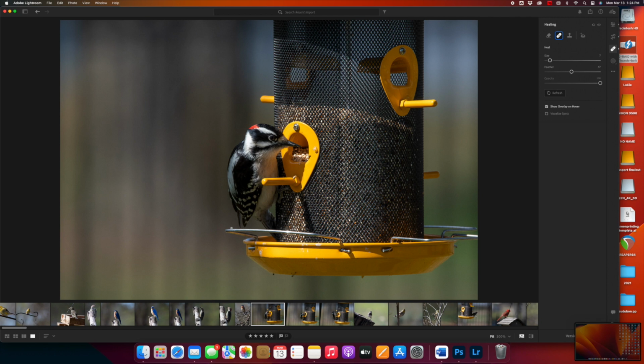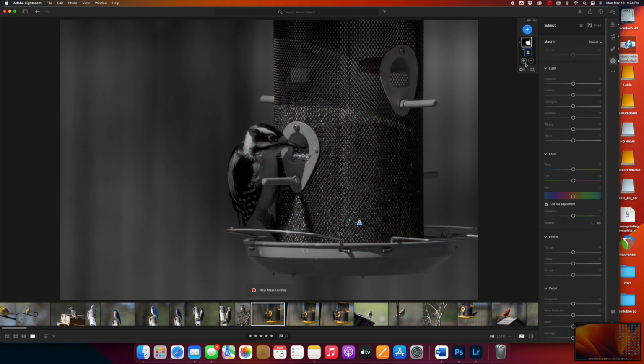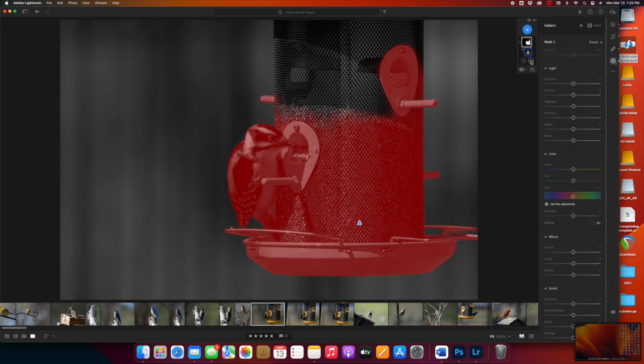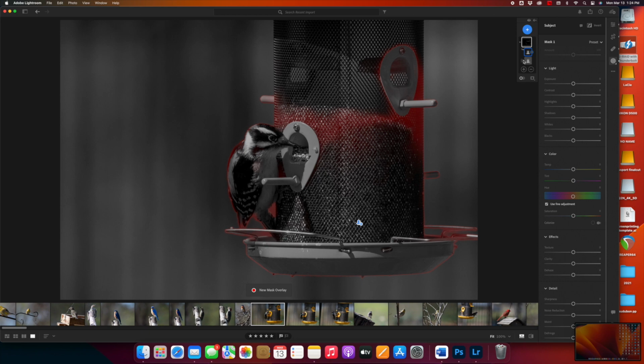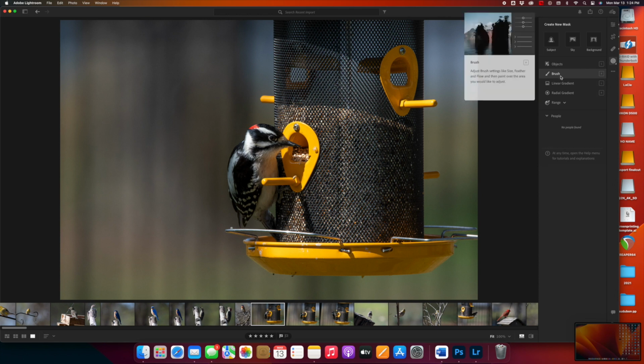All right, so now let's see what we can do with this bird. If I do this, it's really going to have an effect on everything. So I don't want to do that. What I want to do is this. I want to take this brush tool